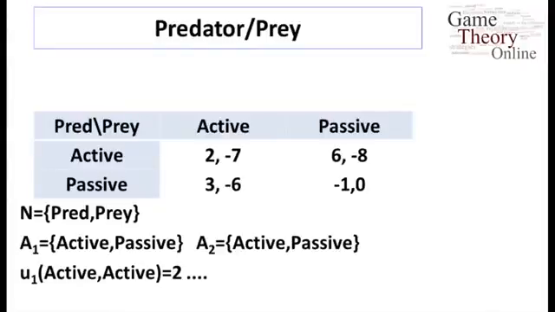The strategy sets for each of the agents are identical, consisting of two actions, passive and active. And similarly, the utility function for agent 1, the predator, when he is active and the other agent is active is